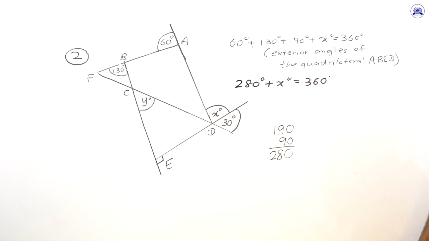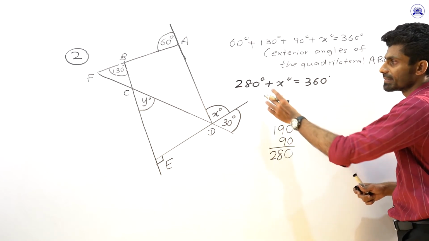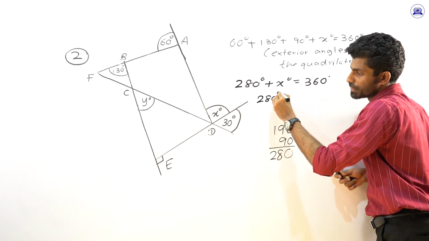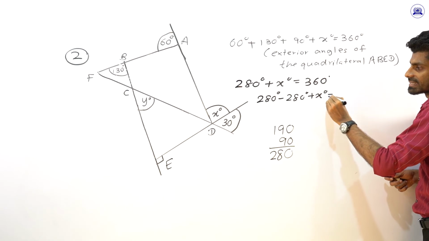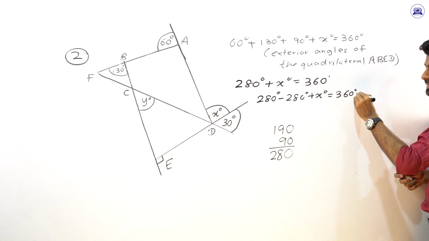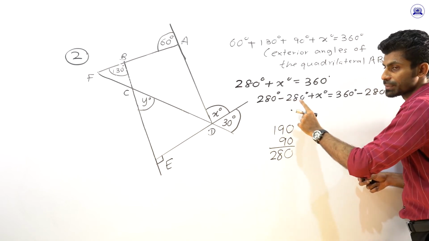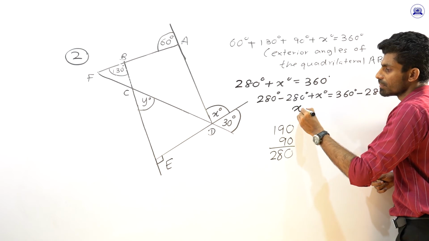280 plus x equals 360 degrees. So you need to find out the x, my dear student. So 280 minus 280 plus x equals 360 minus 280. The 280s cancel out. So x equals